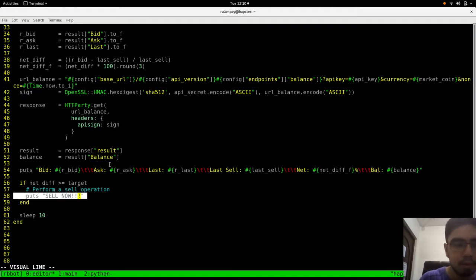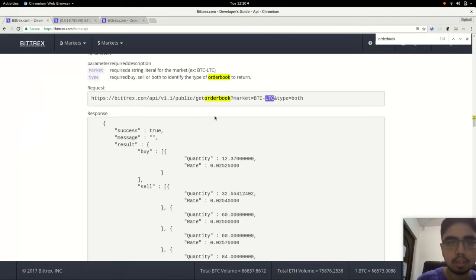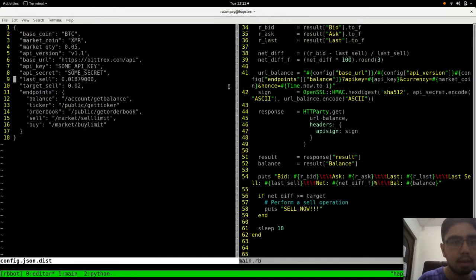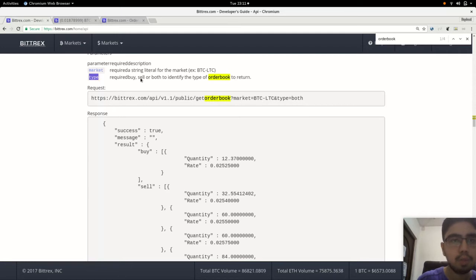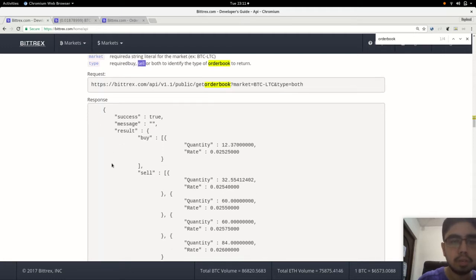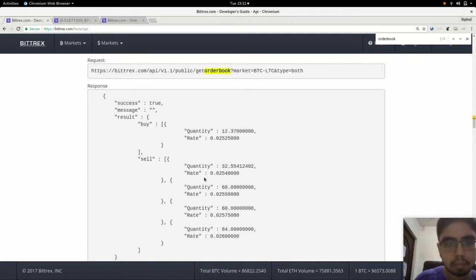But even before we actually perform the sell now, what we should do is implement the order books. So I actually have another parameter here in my endpoints called orderbook, which is public get order book, which expects to return this particular object. Now, optionally, we can pass the type parameter to specify either a sell or a buy. In this case, we're just concerned with the sell, wherein the result will just return an array of these objects of quantity and rate. So these are the ideal quantities and rates that people are selling this particular coin, or rather, these are the ideal